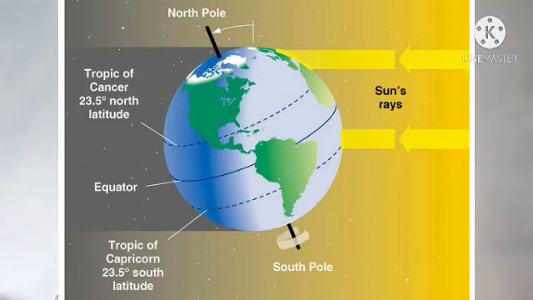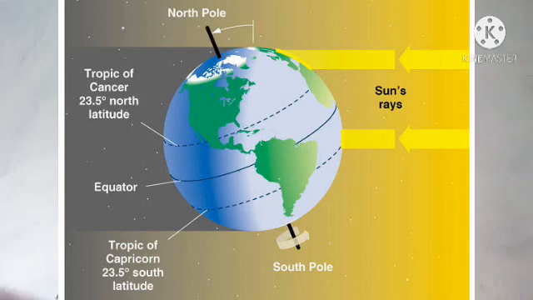First of all, we have to note that the length of these parallel lines keeps on decreasing as we move away from the equator towards the poles. It means when we go towards the poles from the equator in each hemisphere of the earth, the latitudinal lines keep on decreasing. So this is the first feature of the latitudinal lines.